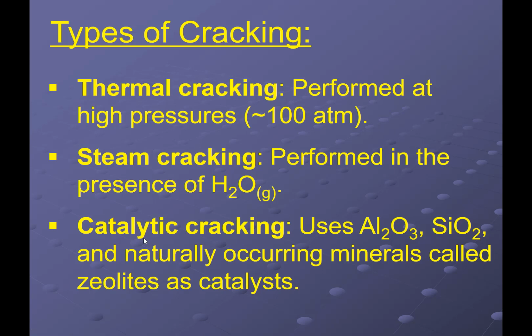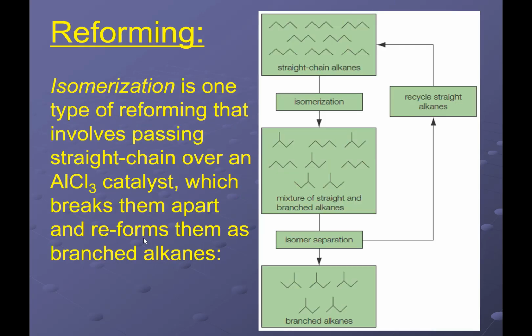And once we get those smaller chains, we're ready for the other process called reforming. We just said straight chains tend to have very low octane numbers. If I can somehow isomerize them, if I can increase the branching, I'm going to increase the quality of that fuel. So in this case, we're going to use an aluminum chloride catalyst. I'm going to isomerize some of the straight chains into branched ones. I'm going to separate off some of these branched alkanes. This will now be a higher quality fuel, and then I'm going to recycle them, isomerize them more to improve